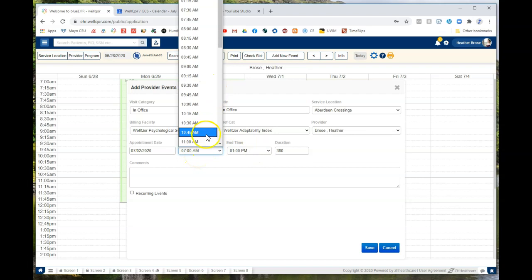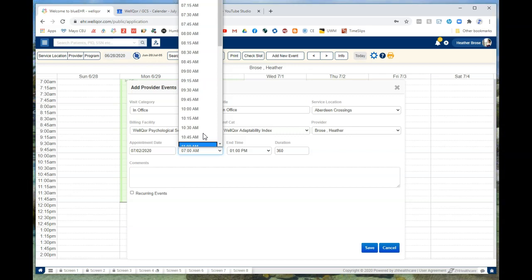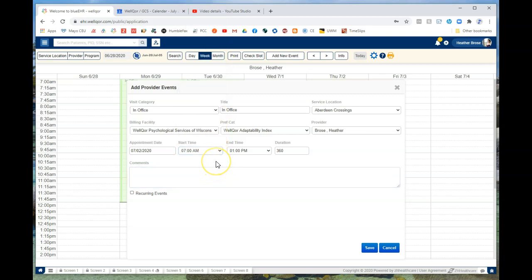So if I'm in office and I can do an appointment starting at 8 a.m. or 9 a.m. Specifically with telehealth, you're not going to be within the parameters of an assisted living community. So maybe you do have lunchtime available, or you are able to see people during meal times, because those specific telehealth individuals may not be in a senior living community where they're restricted by time. So whatever your availability is, when you want to start and when you want to end for the day,